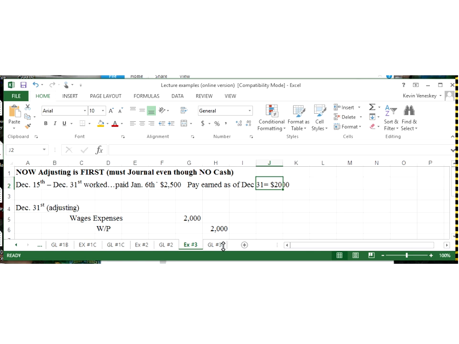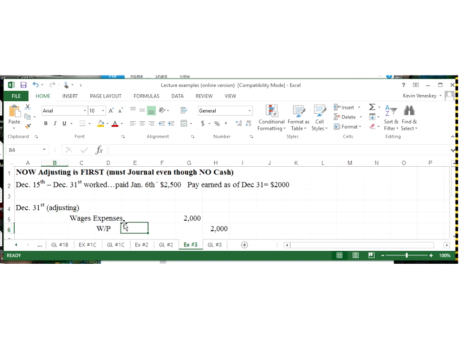And I'm going to credit a new account, very similar to an account payable, but we call this a wages payable. So account payable is when I owe money to an outside company or an outside individual. Wages payable is when I owe money to my own people for work that they have done inside the company. Notice that this is my adjusting entry. I did the adjusting entry first